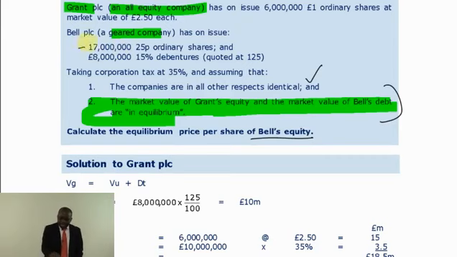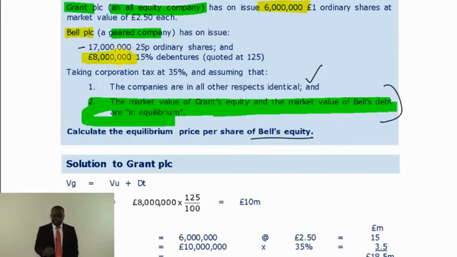If you come to Bell's capital structure, you see debt. As long as you see that, it means Bell is a geared company. When you see Grant has got only ordinary shares or equity, they haven't got any debt, it means it is all equity. You don't need to be told that this is this, this is that. No, this is what makes it a bit tricky. So whilst you are reading the question, you have to be tactical and pinpoint all these ones. Otherwise, you'll be skipping. So as long as it has only equity, it's ungeared. As long as they've got debt, it is geared.